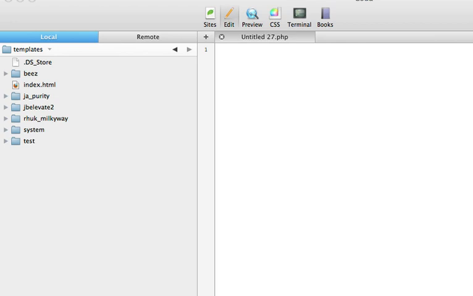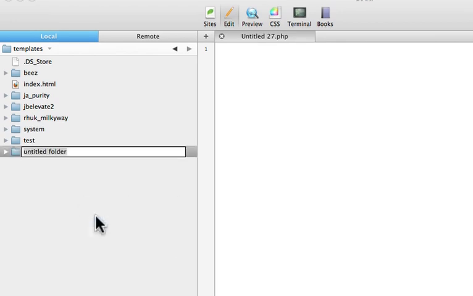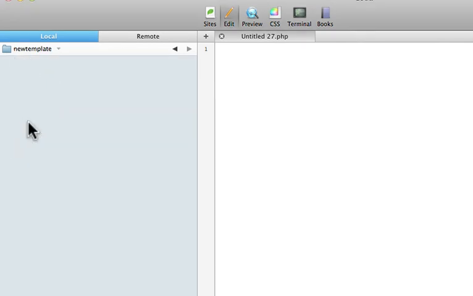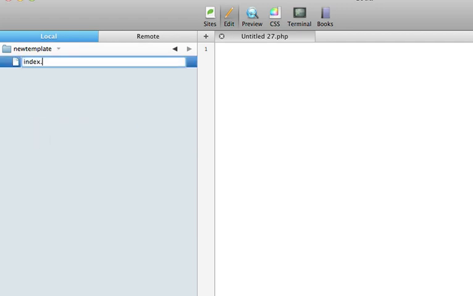Step 1 is to set up all of the folders and files that we're going to need. So in your FTP program, whether it be localhost or somewhere on the web, create a new folder. And again, this is going to be your new template folder. So let's call it new template. Inside your new template folder then, you already know what you need to do. Create a new file called index.php,